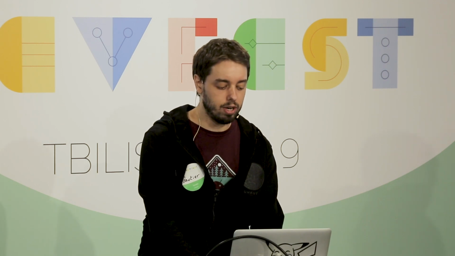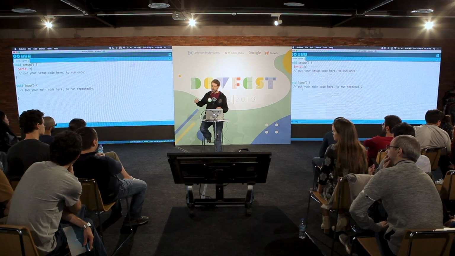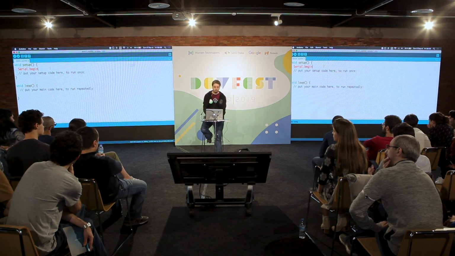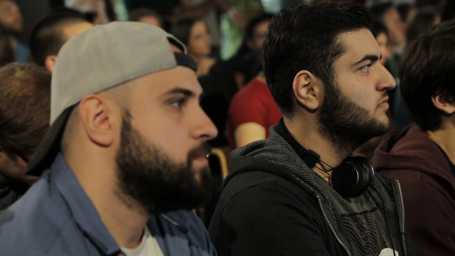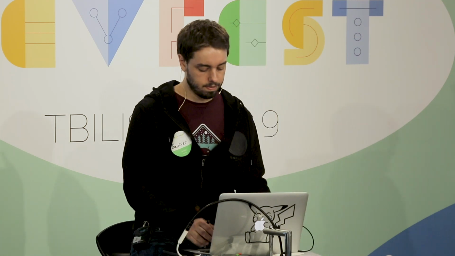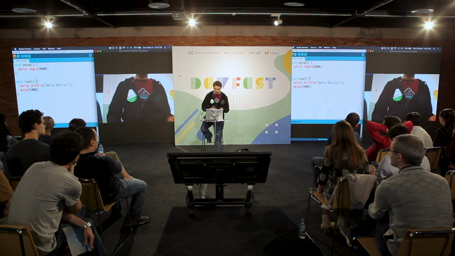So let's create a Hello World. To create a Hello World, you have to use the serial. The USB serial will connect your microcontroller to USB. It's an interface to connect to USB. So let's initialize the serial interface at 9600 baud. It's just an implementation detail. And we can just Serial.println, hello Tbilisi, and we can just delay every second, so 1,000 milliseconds. We can compile our simple program. Then I will connect it to my computer.